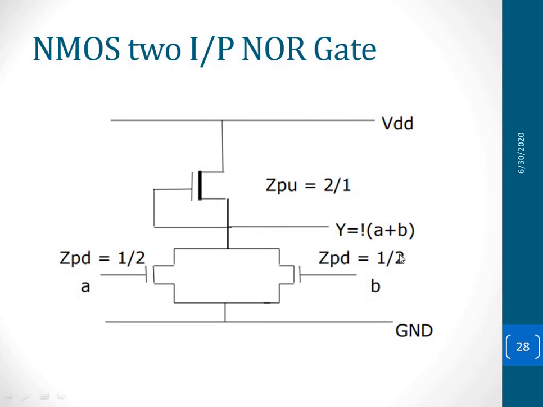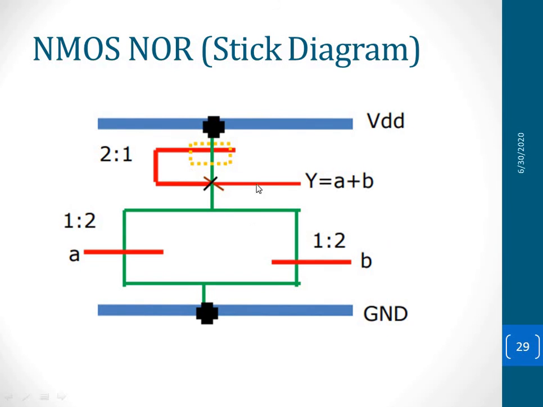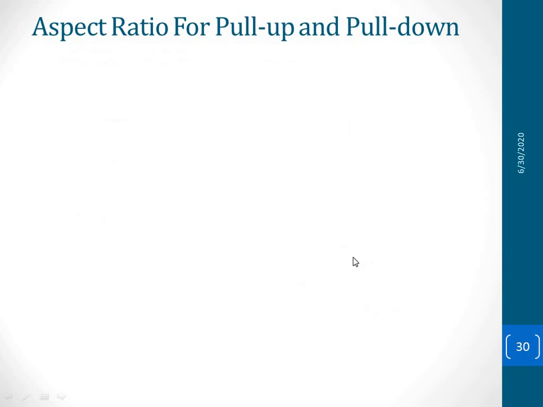depletion mode. Same if I want to make the NOR, it is nothing but 2 in parallel, but here in place of PMOS I am making use of a depletion mode NMOS, where gate and source are connected. In the same way, the connections are shown using the cross. These two are parallel, you can see here.